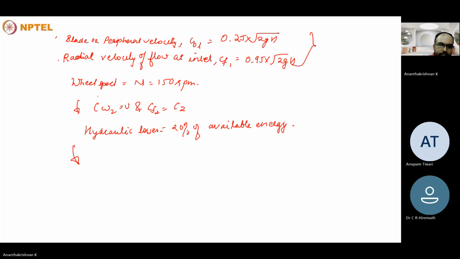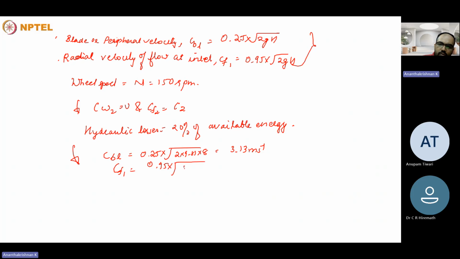The blade velocity will be equal to 0.25 times root of 2 into 9.81 into 8, that is 3.13 meter per second. And the radial component at the inlet is given as 0.95 times root of